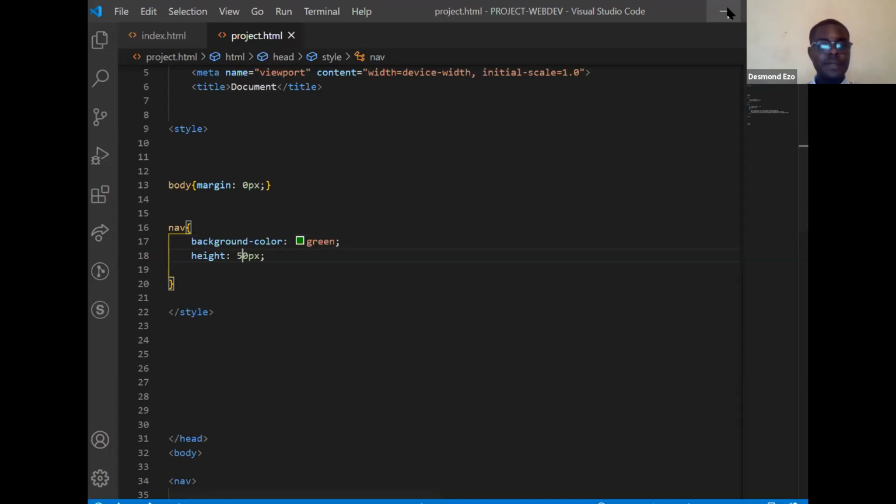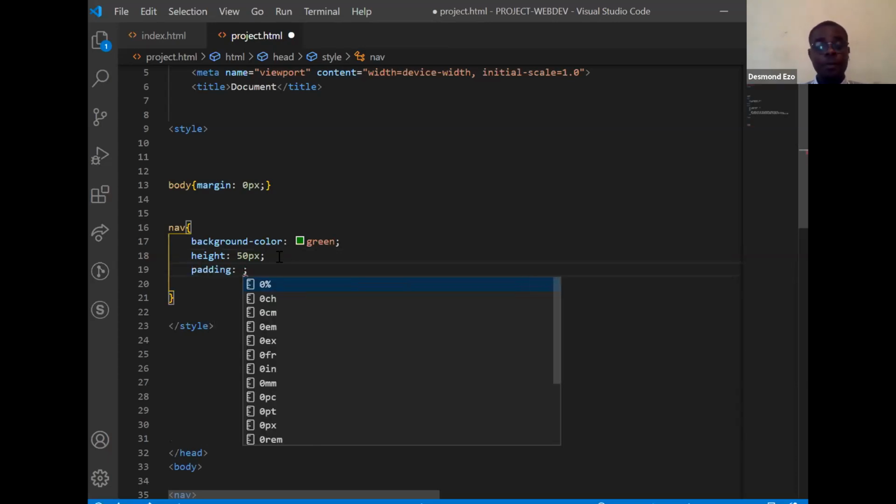Remember that there is space outside and there's space inside. The space inside of this navigation tag would be, I want to make this profile picture move from the right. There should be a space on top, there should be a space underneath, there should be a space on the side. That space is called a padding. Like you're trying to pad something inside. Maybe you want to put something breakable inside a box, you pad the box. So you're pushing things to the center. So that's what I'm going to do now. I'm going to create a padding.